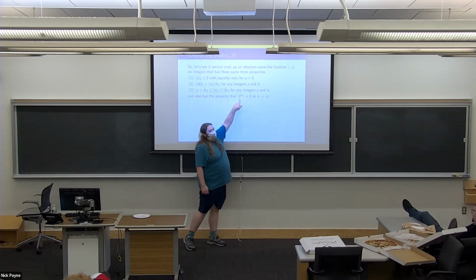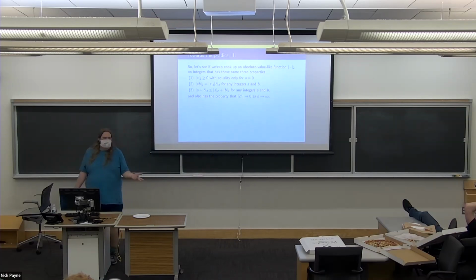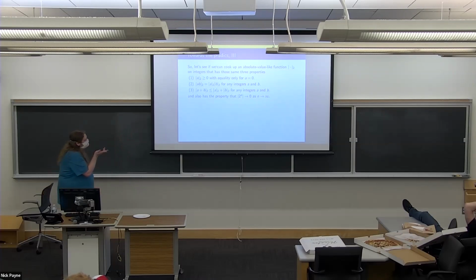And the sizes of the powers of 2 go to 0. And if I do that, then I at least have some hope that maybe I could use this absolute value to actually add up this sum, 1 plus 2 plus 4 plus 8 plus etc. It at least is not going to be completely ludicrous on its face. All right, so what should I do?